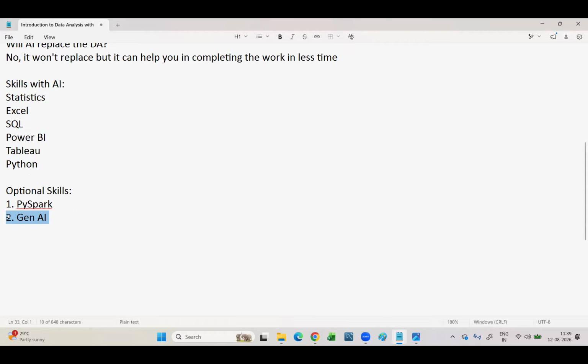To make this, we cover a lot of other concepts in this Gen AI course with respect to the complete frameworks: the LLMs, LangChain, the vector databases. The complete concepts are different with respect to generative AI. Even this Gen AI will include the basics of agentic AI as well. That is the reason why we kept it separately. Already in our course, we have AI, but whoever is interested in learning generative AI concepts can take this, because it's trending in the market nowadays. About PySpark also, I will tell you in tomorrow's class. But focus on the remaining things in today's class.